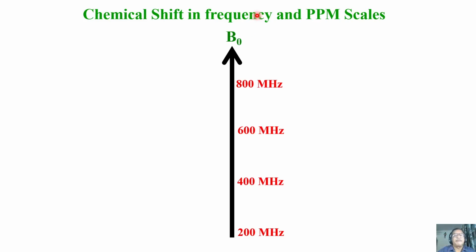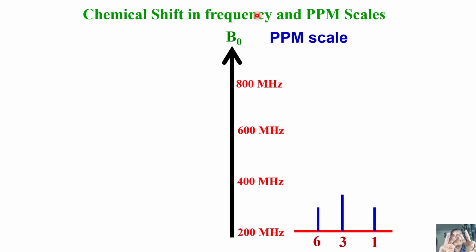Consider the same 0 to 10 ppm scale. I am going to take the spectrum at 200 megahertz in the ppm scale. I have, let us say, 3 peaks. One is coming at 1 ppm, one is coming at 3 ppm, one peak is coming at 6 ppm. You understand? There are 3 peaks coming at 1, 3 and 6 ppm. Now, I have another spectrometer. I will record the spectrum at 400 megahertz and get the peak positions in ppm, the same 3 peaks. Remains same.